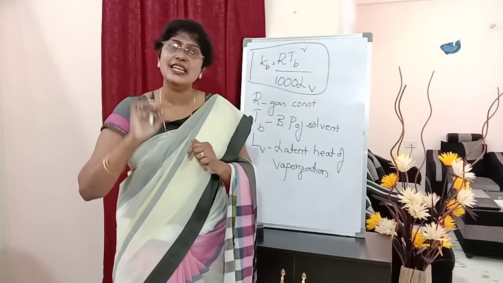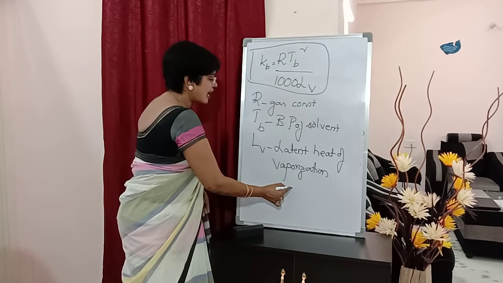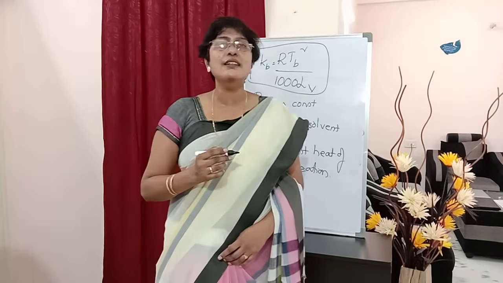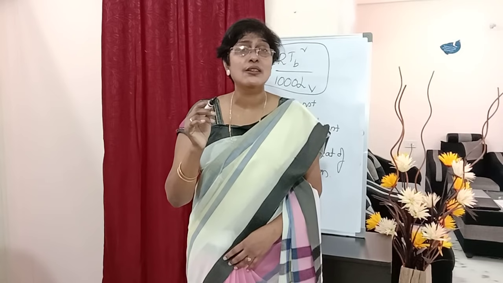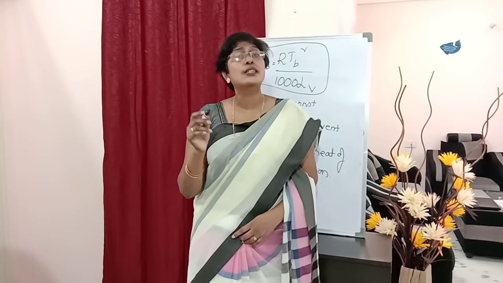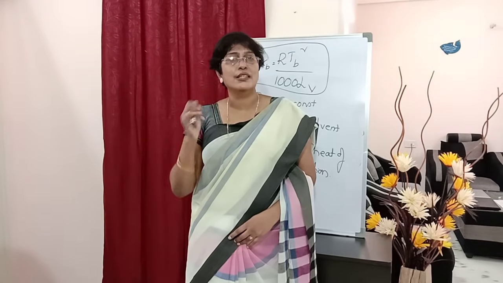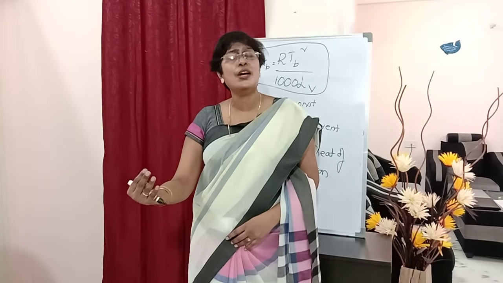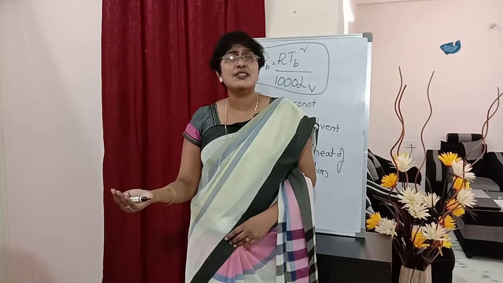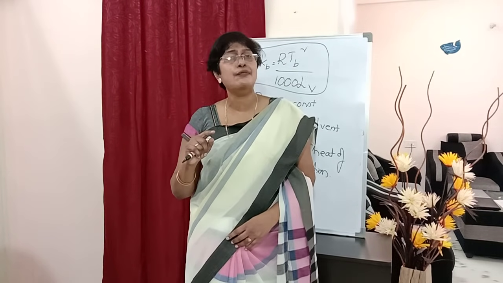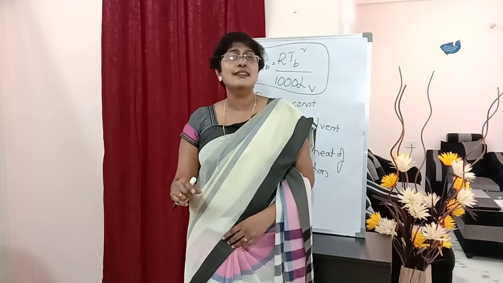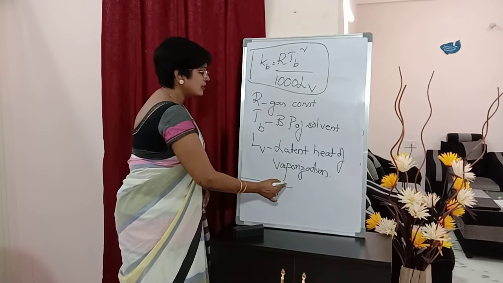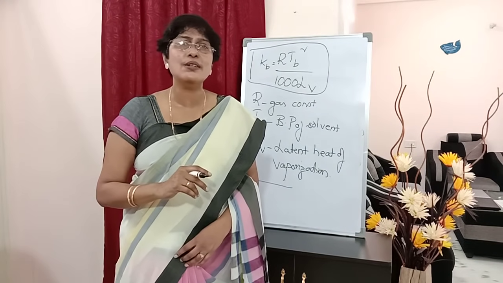Draw a line till here, students. Till here is the answer for elevation of boiling point, that is, how do you determine molecular weight of a non-volatile solute from elevation of boiling point. So write down the definition of boiling point, definition of elevation of boiling point, delta Tb is equal to Ts minus T naught. Then draw the graph carefully, do the derivation, and finally we should write down till here. Understood? Clear?